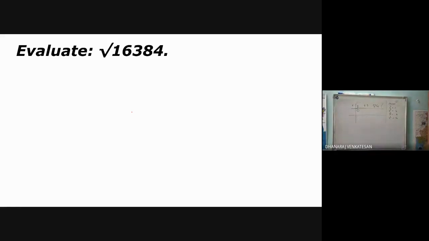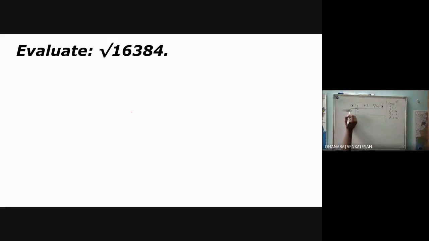The second step is that you multiply the divisor by 2. I have chosen 1, so the quotient will be 1. You have to place 1. Next, you have to multiply the divisor by 2. 1 into 2 is equal to 2. So while coming down, the divisor will become 2. Now, the third step: you have to choose a digit here.